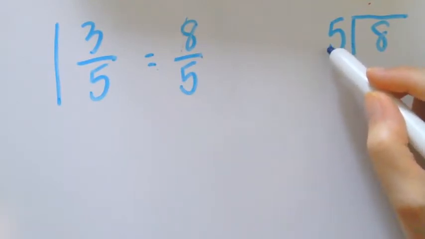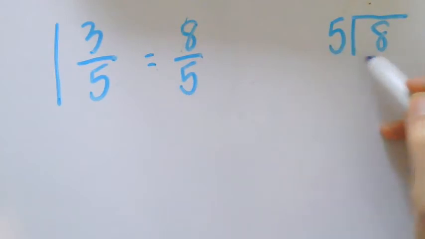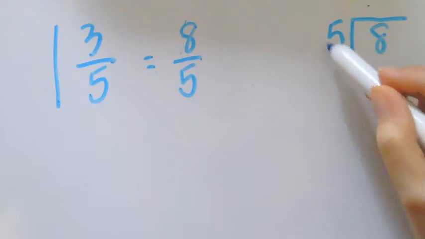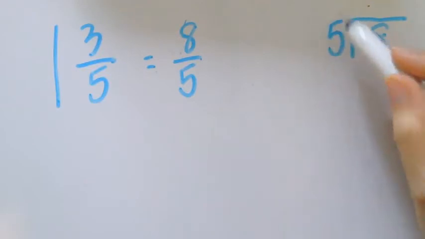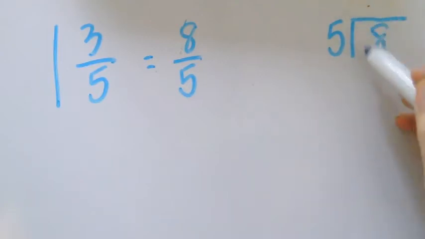Neighbor is coming by and wants to come inside. Okay, a lot of us say this backwards. So 8 is divided by 5. 8 is being visited by our friend number 5. Number 5 is coming by and visiting number 8. Okay. Inside house, outside. 5's coming in. Okay. 5